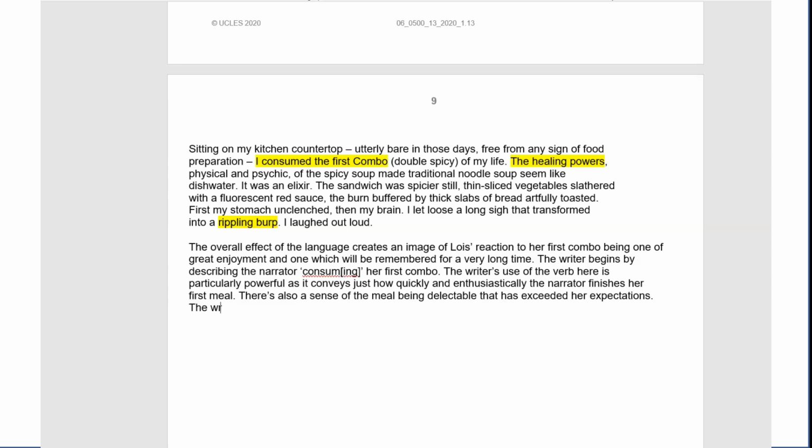which of course is, the writer then goes on to describe, this is nice and easy to embed, the healing powers of the spicy soup. And of course we are going to use the zoom in technique next. I'm just going to refer to it as imagery. So the writer's image here creates a sense of the soup